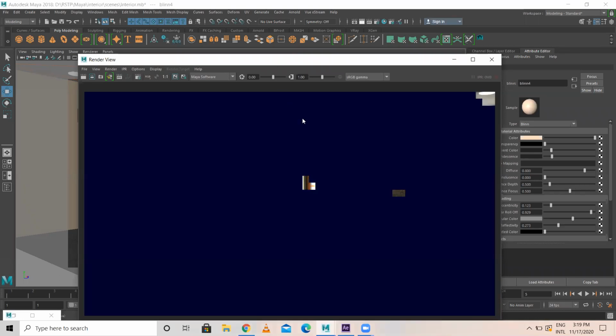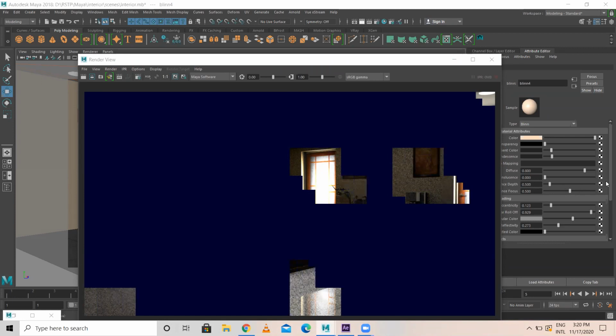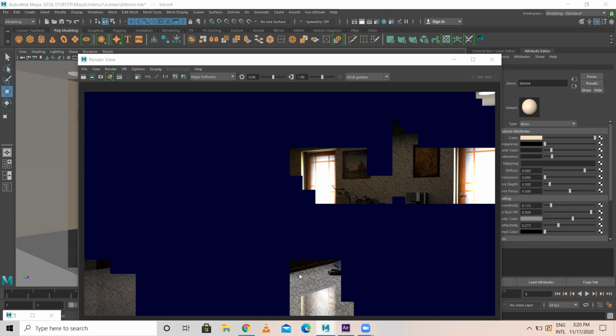Okay, it's taking time to render. Let's see. So it seems there's a lot of noise here. That's because of the shadows. If you're turning on ray tracing, you have to turn on ray trace shadows, not the depth map shadows. Okay. So in lighting, you have to work this much, then only you will get a good output. Got it?